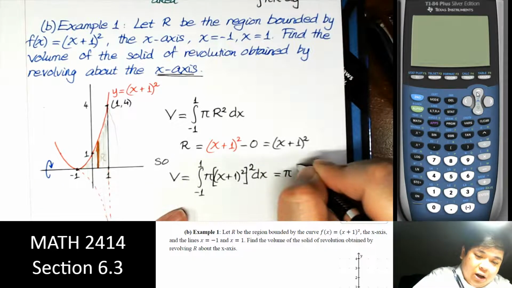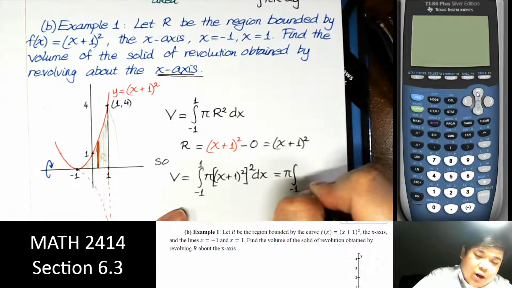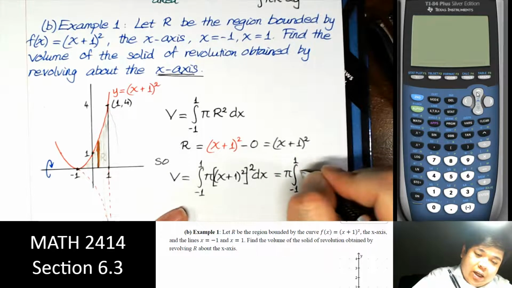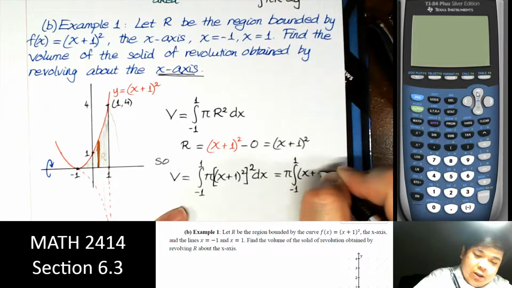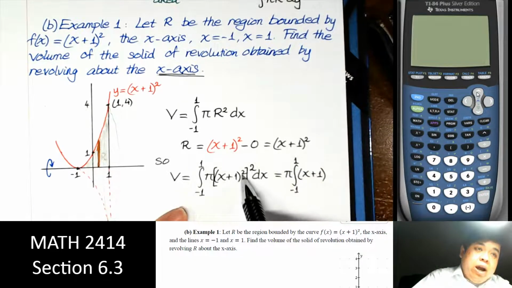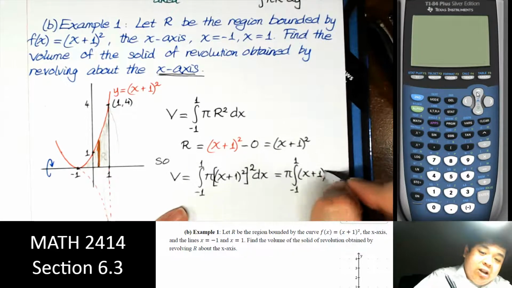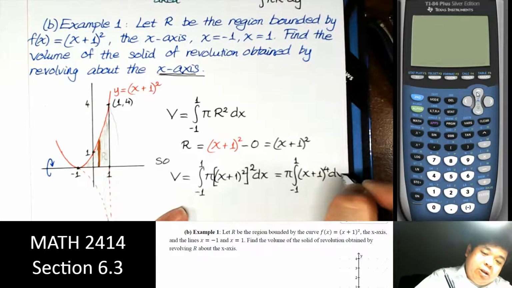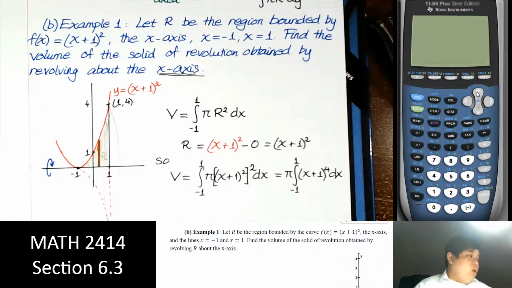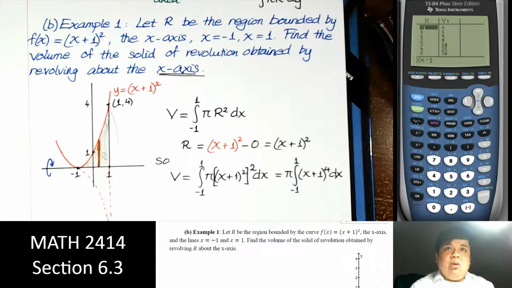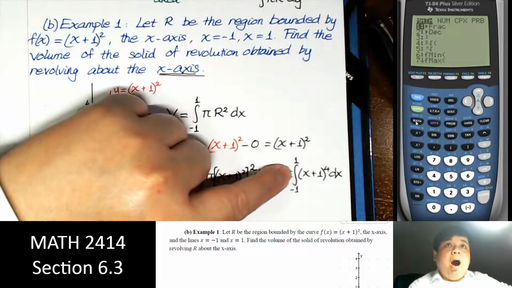I can pull out the pi: from -1 to 1, x plus 1 squared, and then squared, multiply those two together to the 4th power, dx. That's what we have. Now if we just use the calculator to evaluate this integral, leave the pi out of it,